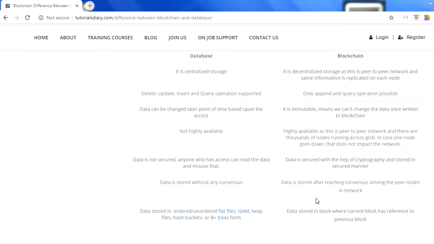They all reach consensus that 1 plus 1 is 2, and then that information gets added to the blockchain. If out of 30,000, about 16,000 say this is not correct, that 1 plus 1 is not 2, then that detail will not get added, right? So at least 51% of people have to agree and reach consensus, and only then will your information get added to the blockchain. So this is a difference we have between database and blockchain.